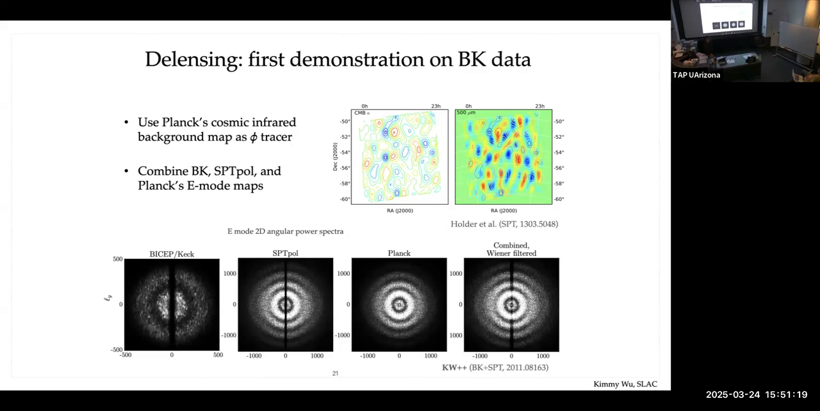Yes. Sorry to bug you, but can you tell me where the lensing signal comes from? I gather that you're able to measure it, but I don't know how you sense it and deduce what it is. Yeah. So that is